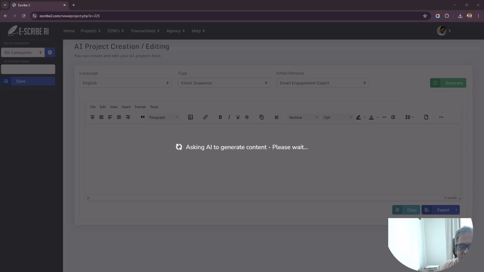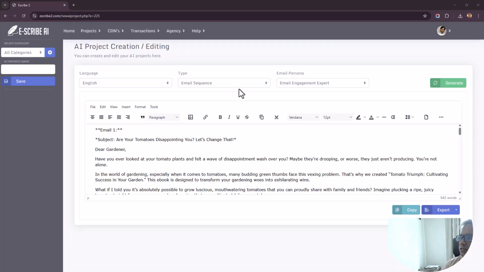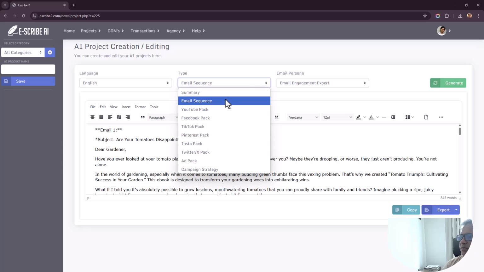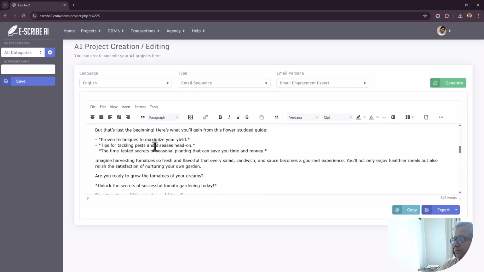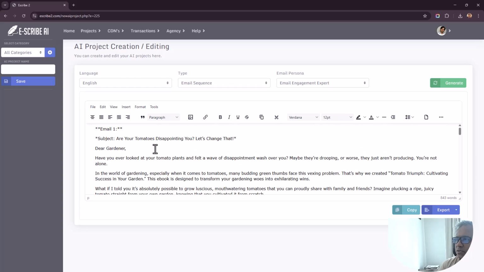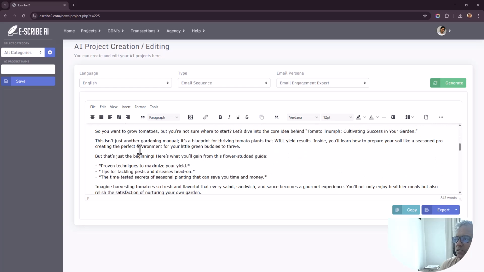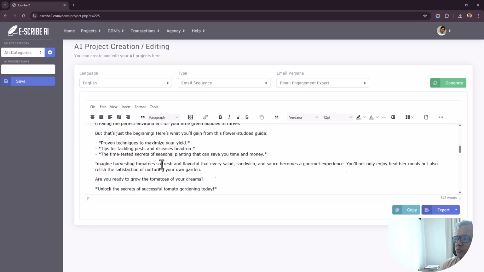It's working now. Check this. You can make email sequences, YouTube content, Facebook content, TikTok, Pinterest, Instagram, Twitter. For ads, you can make content for ads and a campaign strategy. I just wrote an email using AI. It took like 15 seconds and it wrote multiple emails. So I can send it out to my audience